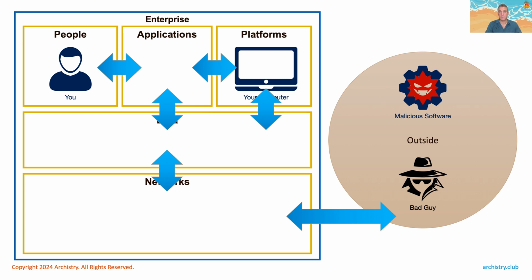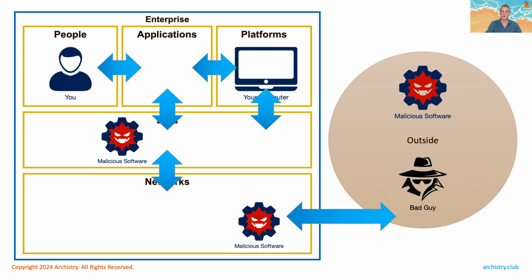Now, if we talk about what can happen, in order for the malware to get into our environment, it has to come across our network at some point. So this gives us one point where we can talk about how we validate the things that come into our network. But what is it that's coming into our network really? Well, it's data. So we can either talk about the connection to our network, or we can talk about the data that is being transferred by that network and potentially have different control points at each one.